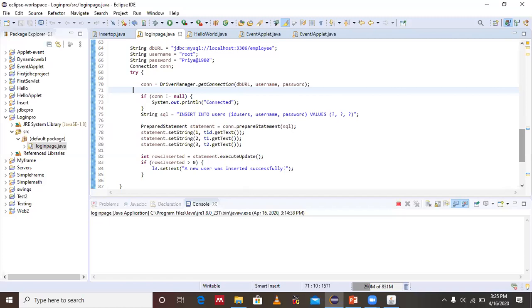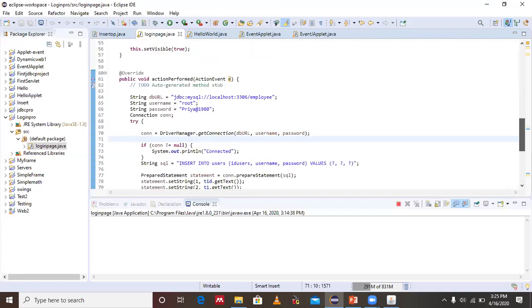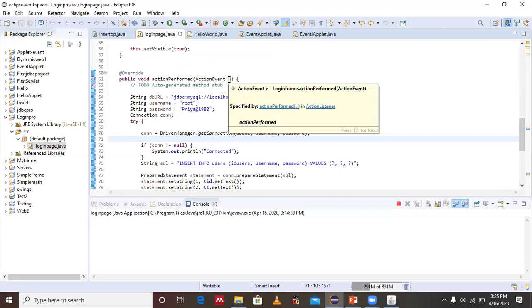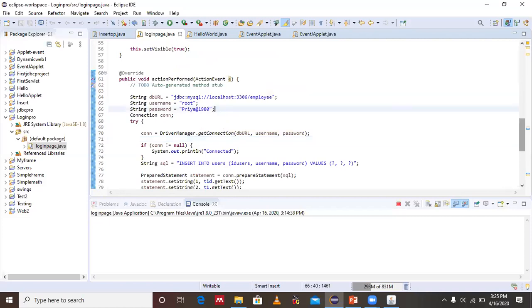So this is a sample program I am showing you for putting the data, inserting the data into the database through the GUI application. So we have to write the whole code in the actionPerformed method.